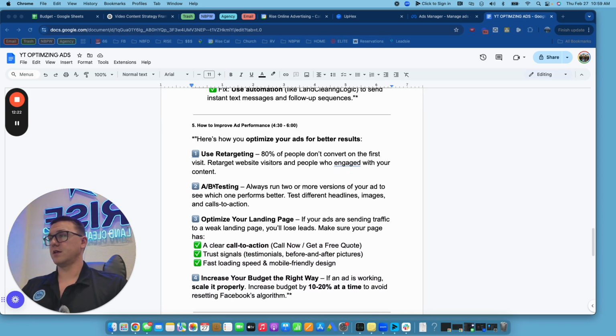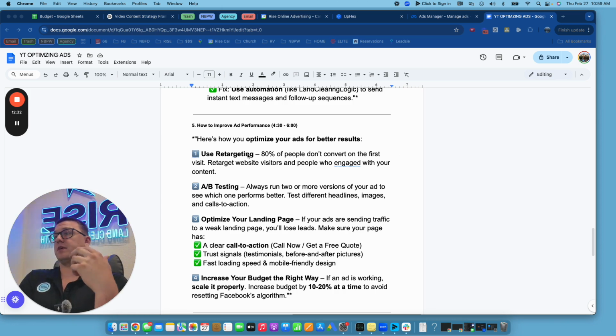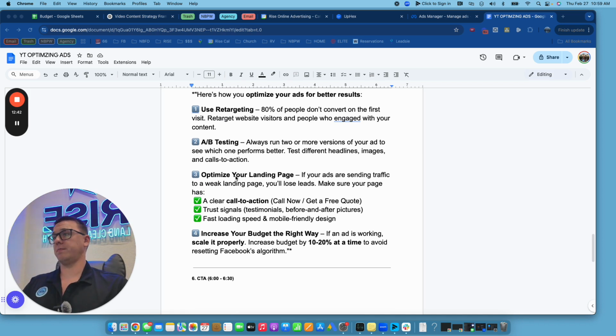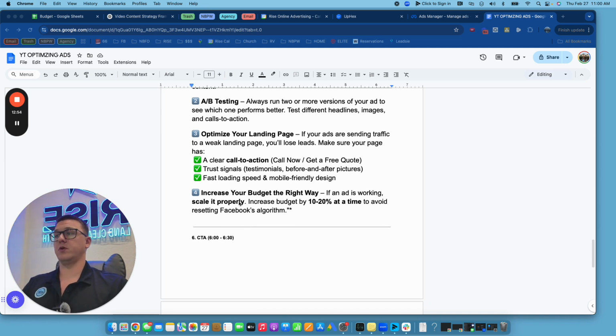So once you've got ads up and running, you have to really watch them close to be able to optimize them. So you always want to retarget people who have been to your website, people who've engaged with your ads. Like I said earlier, A/B testing, you want to always be testing different targeting, copy, headline, images, videos, call to actions, etc. If you're running ads to a landing page, that's another thing you want to be testing and optimizing, your keywords, your call to action, making sure there's good testimonials, before and after, loading well,